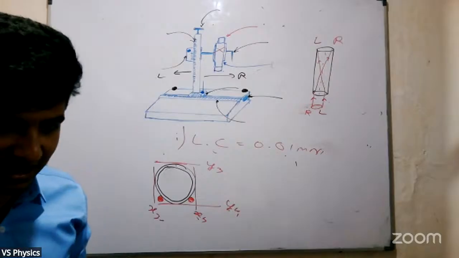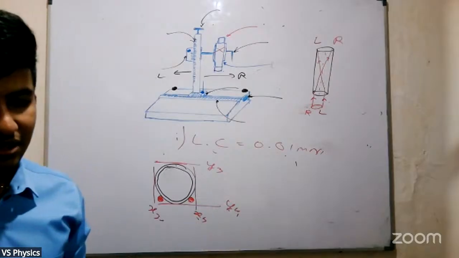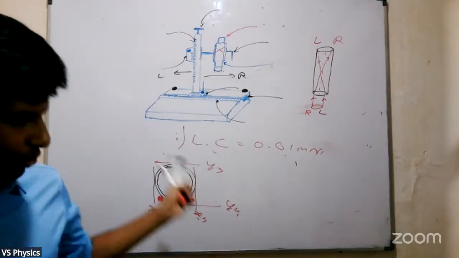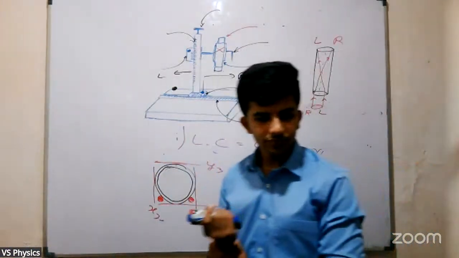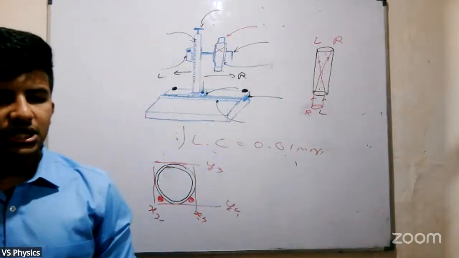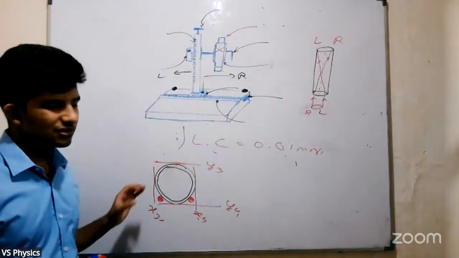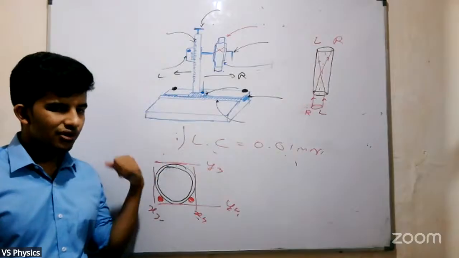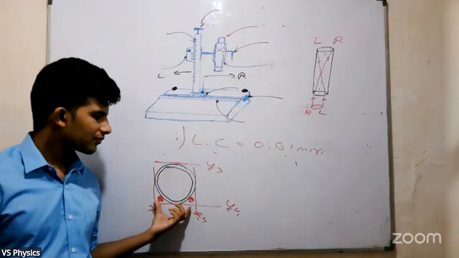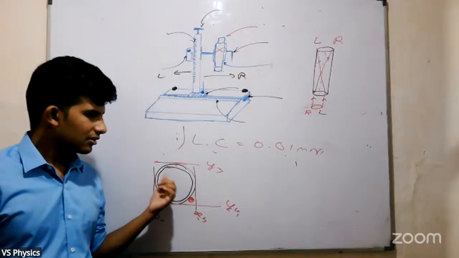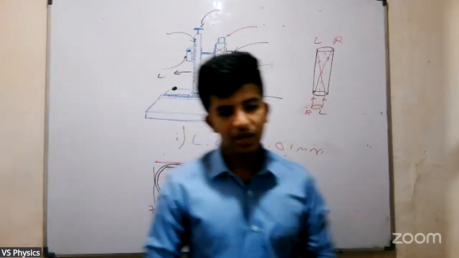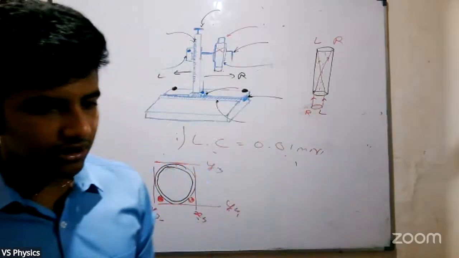He was asking something about the speedometer. Let's go with this one. What do you call the traveling microscope? Next, we have found the internal diameter of a capillary tube, and the external and internal diameter of a